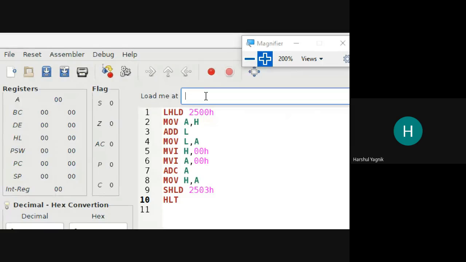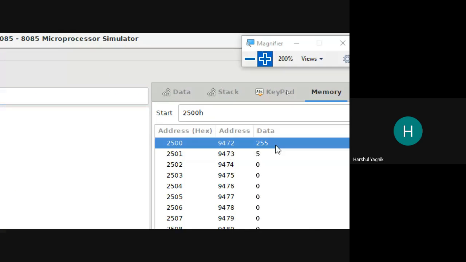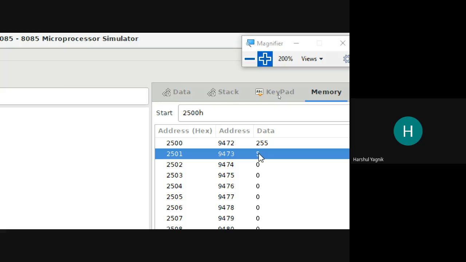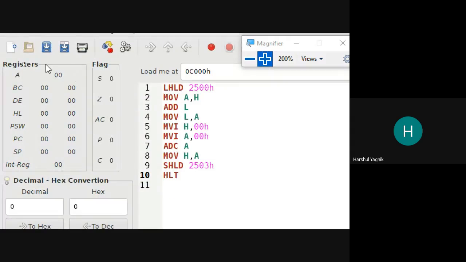Now remember over here that the program we are storing in a separate location, that is C000H. But the data on which we are operating is in a different memory location, 2500 and 2501. Now the LHLD instruction, we studied during experiment number 2.